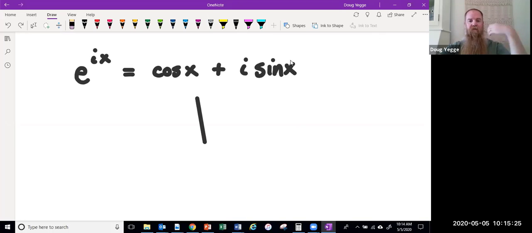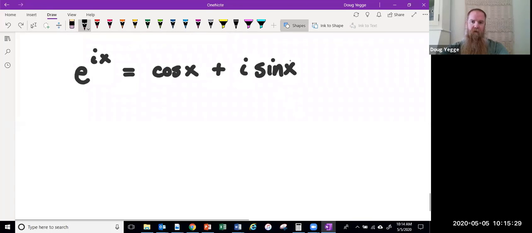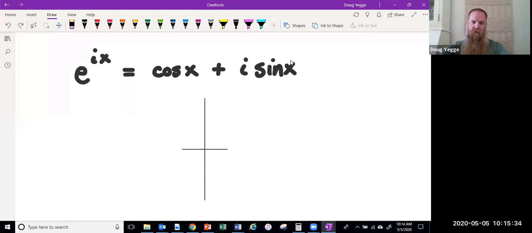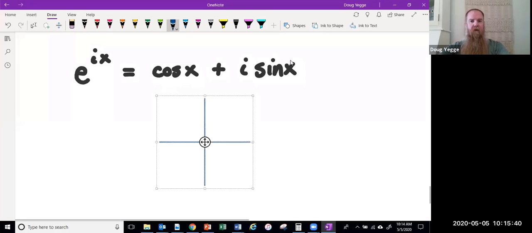So if we were to call this the real axis and this the imaginary axis,